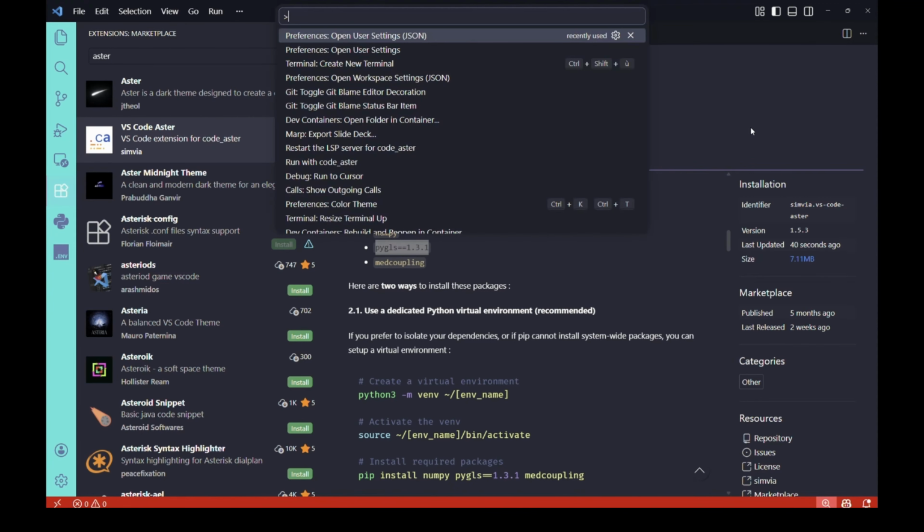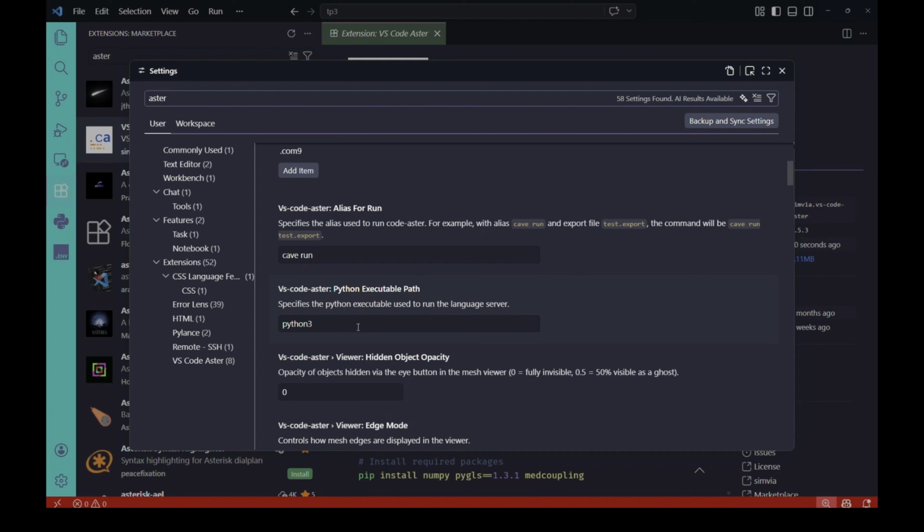In the search bar, look for the settings related to Codaster by typing Aster. Among the available settings, you will find one called Python executable path. This is where we need to enter the path to the Python executable included in Codaster. There is one important detail.